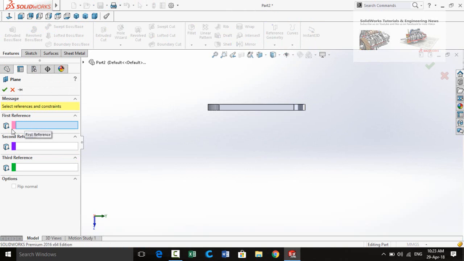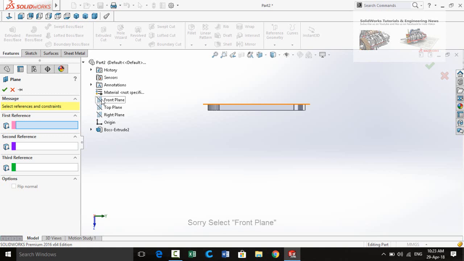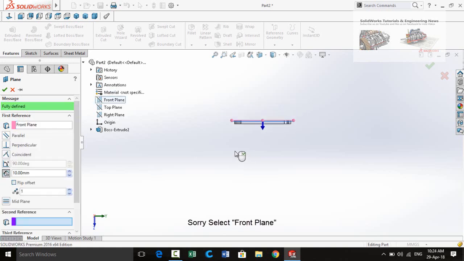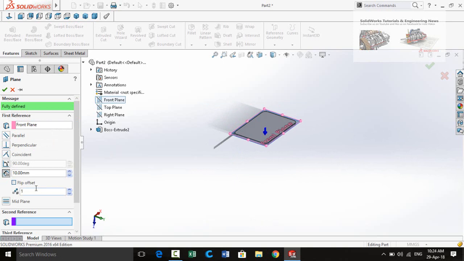On the left side here it will ask some reference points to create a new plane. So first of all expand this option and from here select top plane as a first reference, and then you can see here it is fully defined. So now we have to type here the dimension, the distance between the front plane and this new plane. So at the moment it is 10 millimeter and we want it to be 2.5 feet. So for that type here 2.5 ft and then see,